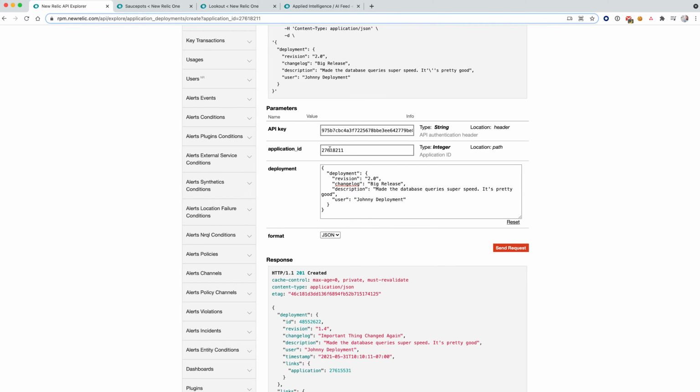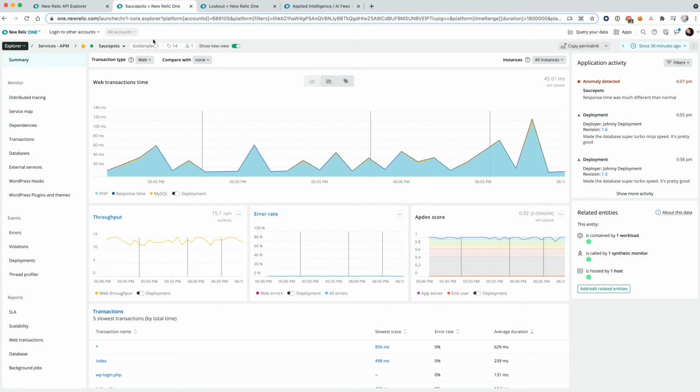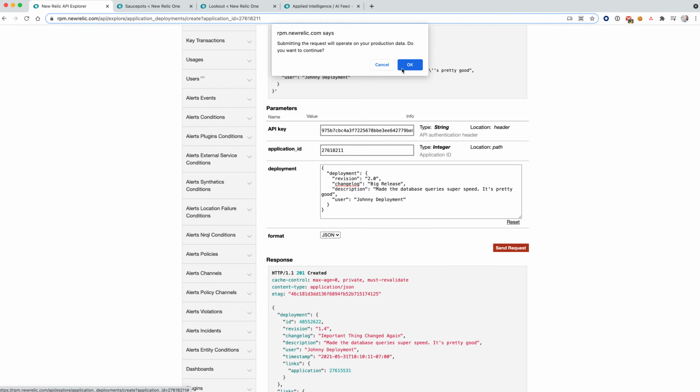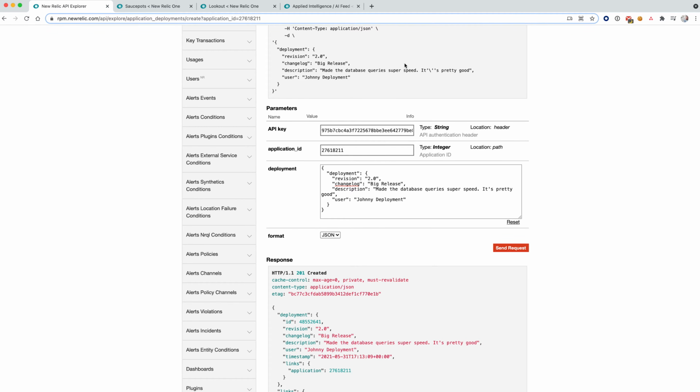We'll need an API key, your application ID, and to fill in the key information around that deployment, the revision, what's changed, and who did it. To get your application ID, you can click on the metadata and copy that application ID from here. Once I hit send request, this will send that deployment marker to New Relic to my account and mark it